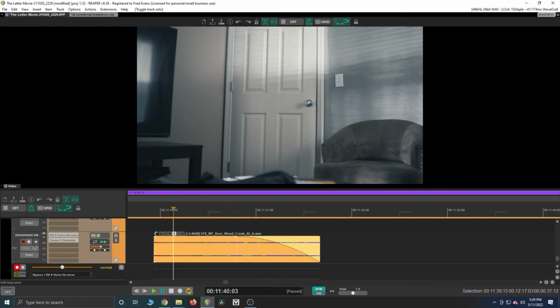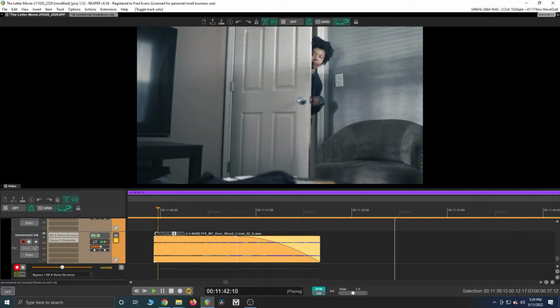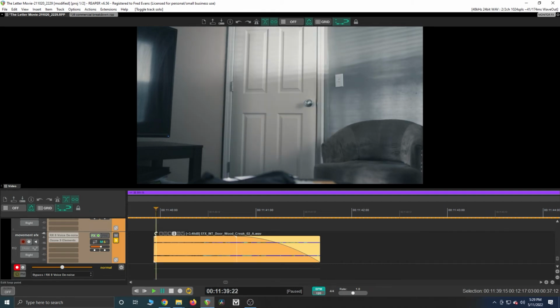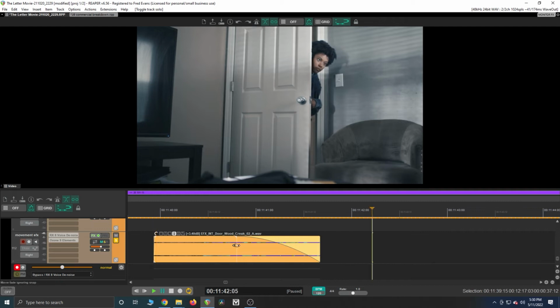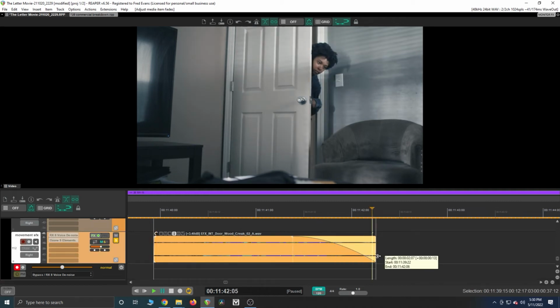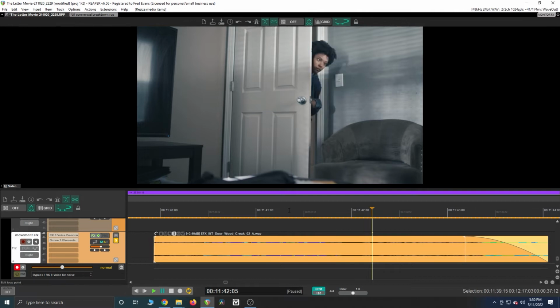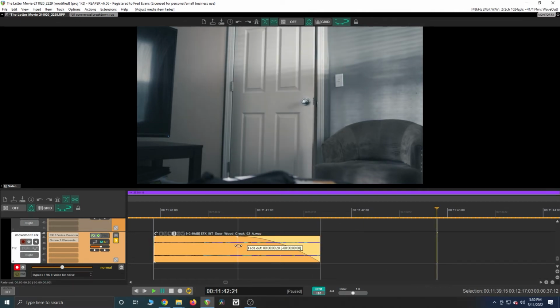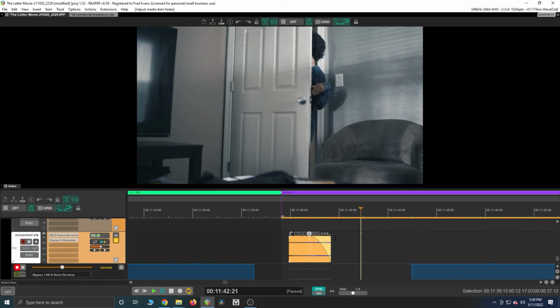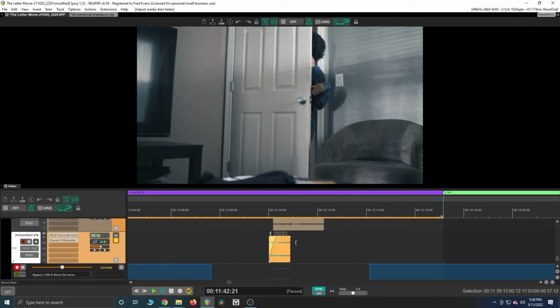So next up, I had a wood creak door. That's for the door sound effect. And I just wanted something real simple because, again, she's sneaking in. So I just wanted to make a nice little creak to let you know she's coming in. And I did a simple fade out because I think this sound effect is actually really long, and that was a little too long for what I wanted. So I just faded it out right here. And it's one of those out of sight, out of mind situations.